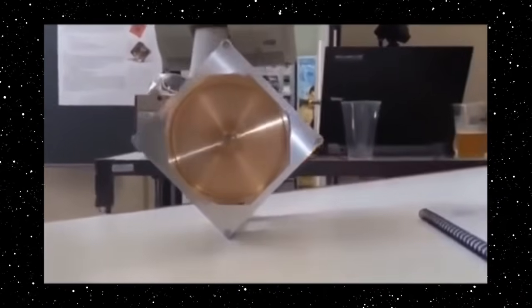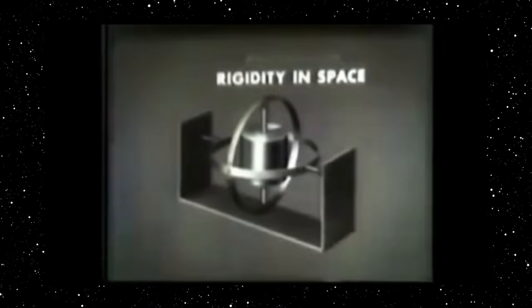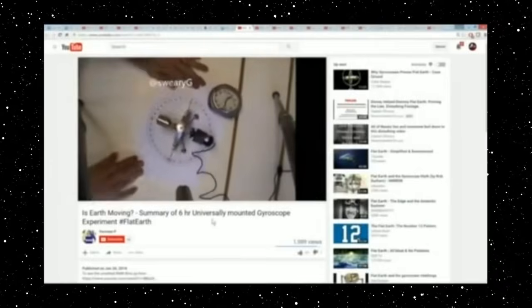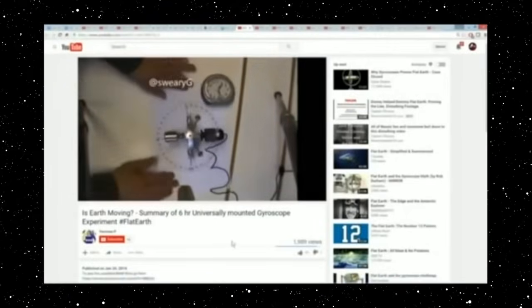This means that the base of a gyroscope set in motion with its axis in a vertical position, then placed on a table for 6 hours, should rotate 90 degrees with the spinning globe Earth. As the globe turns under the gyroscope for 6 hours, the axis should slowly turn from vertical to horizontal. This experiment has been tested many times with several full-length videos available online, and never does the gyroscope's vertical axis